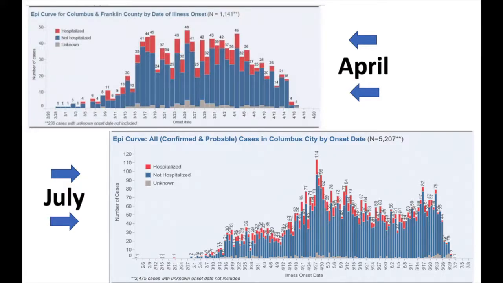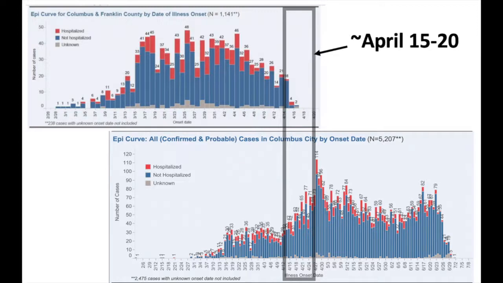So we can look at the current version of the plot, which I have here on the bottom, and compare it to what these data looked like in April. For the same dates, here roughly April 15th through 20th, the values are clearly different now, simply representing a more complete data set. The take home here: it can be easy to look at a graph and pick out a